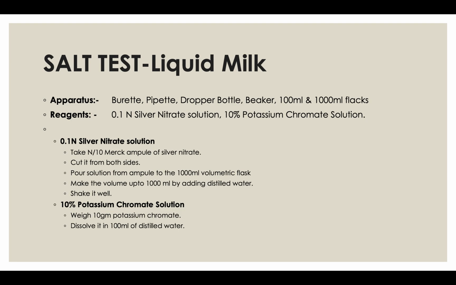To prepare 0.1 normal silver nitrate solution, we'll use a standard ampule of silver nitrate, cut it from both sides, pour the solution from ampule into a 1000 ml volumetric flask, and make the volume up to 1000 ml by adding distilled water. To prepare 10% potassium chromate solution, we'll weigh 10 grams potassium chromate, dissolve it in 100 ml